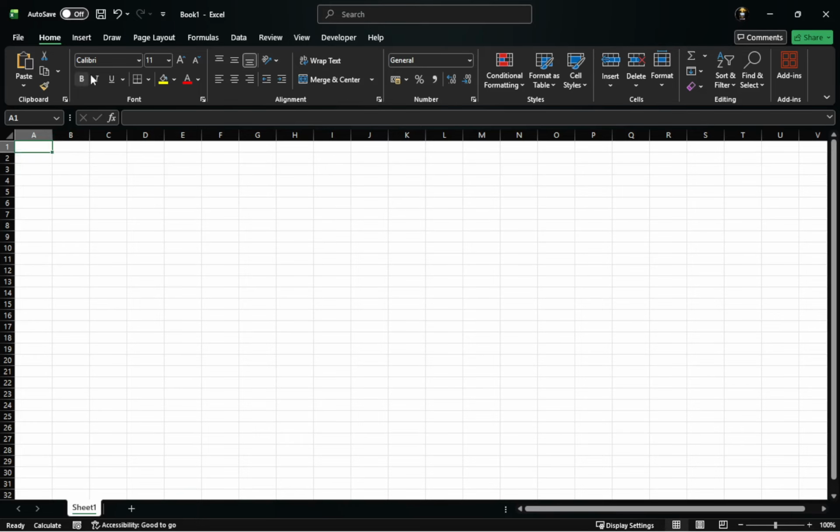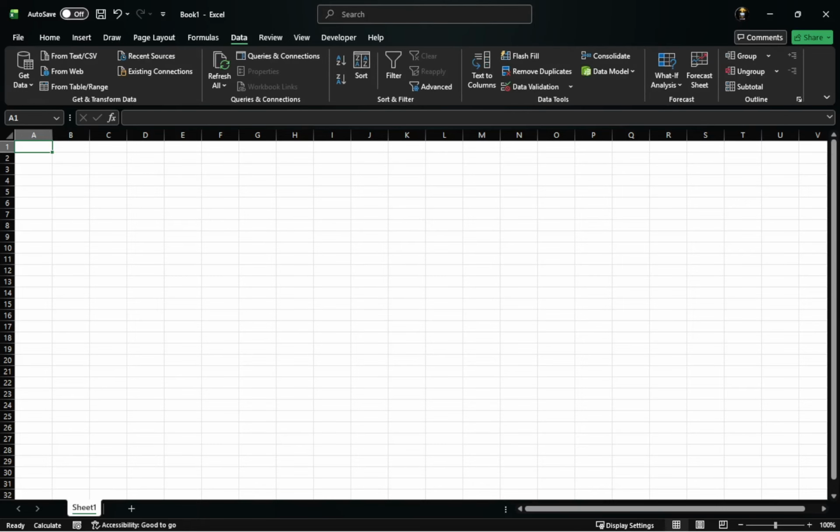Now look along the top of Excel and click the Data tab. This tab sits in the row with Home, Insert, and other options. When you click Data, you will see a new set of buttons and groups appear under it, such as Get and Transform Data and Queries and Connections. If nothing changes, click once more to be sure, because all the web connection tools live under this Data tab.